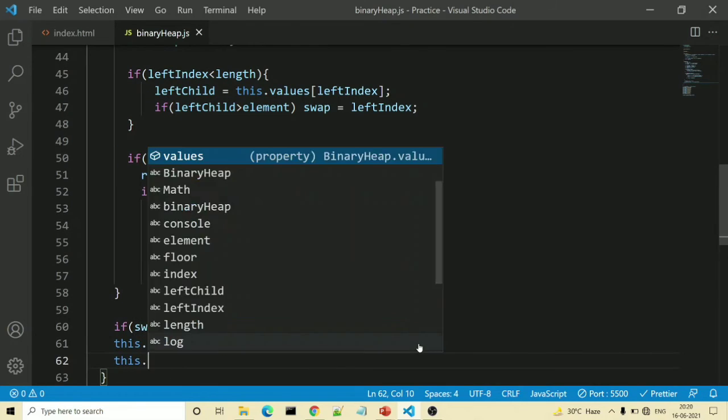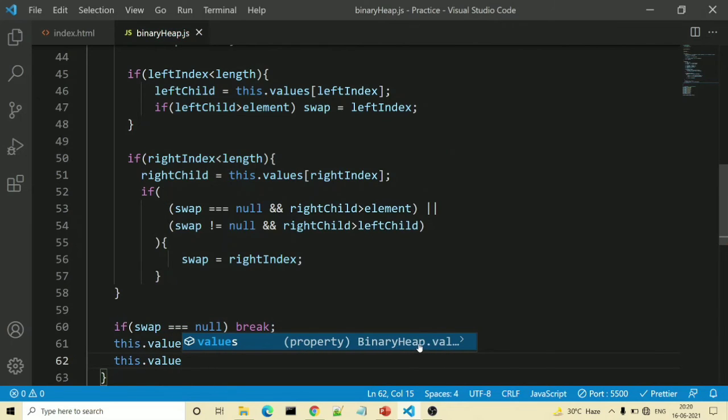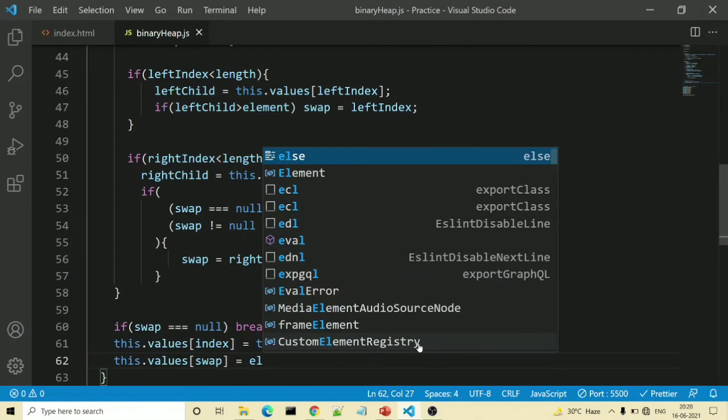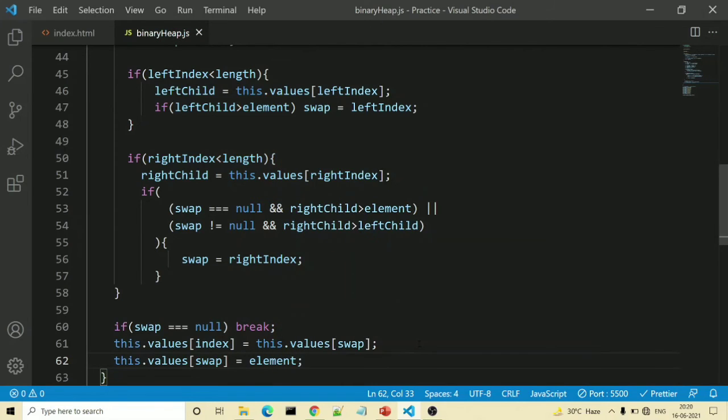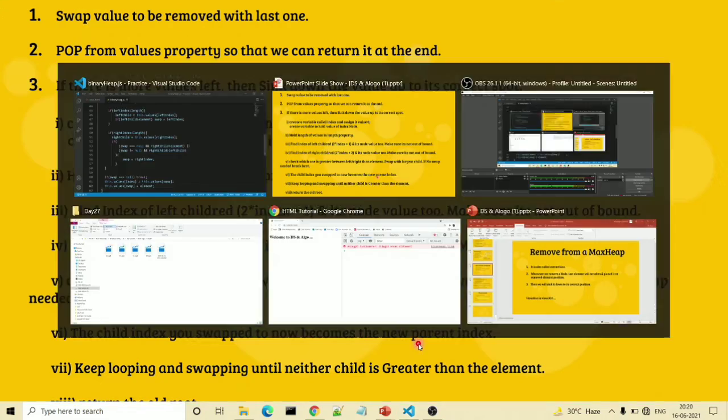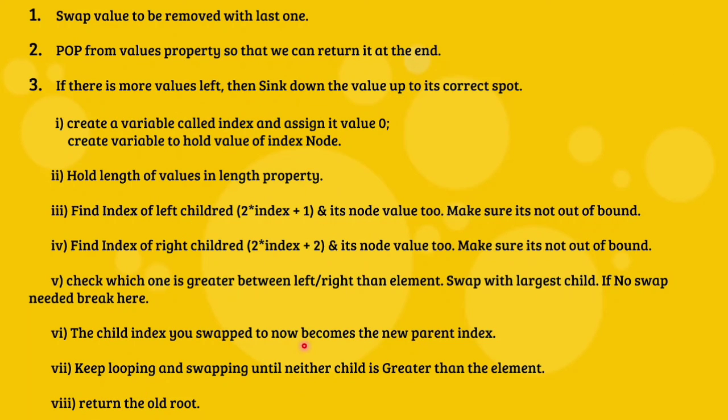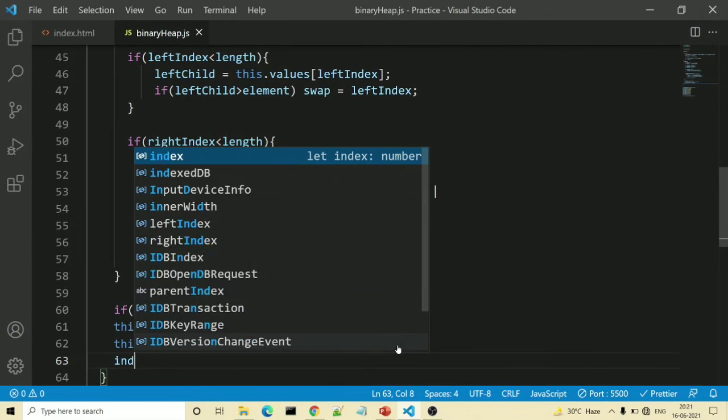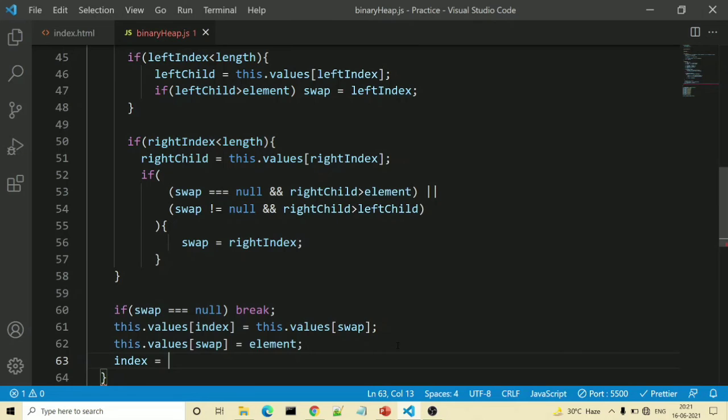And in the swapped position also we need to swap. So both the way the swapping will happen. This dot values in the bracket swap is equal to our element itself. Once that is done, now our new index, the child index, will become our parent index. So we will write index is equal to swap.